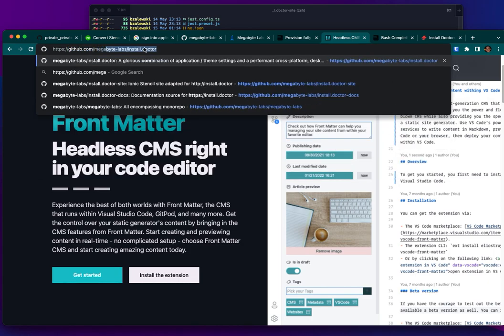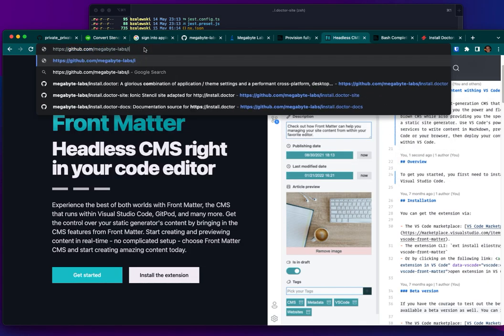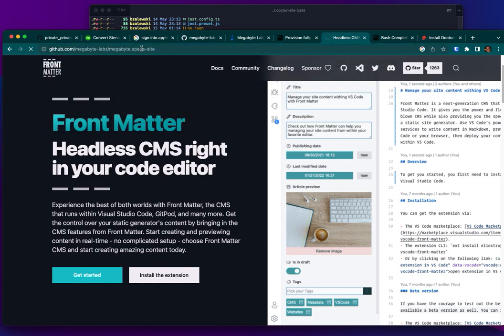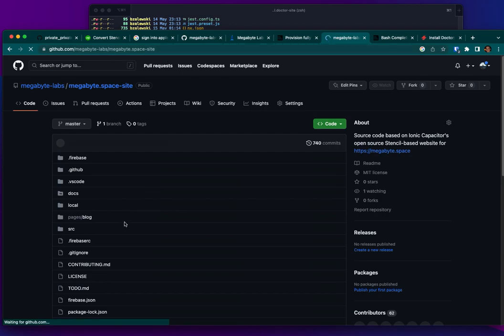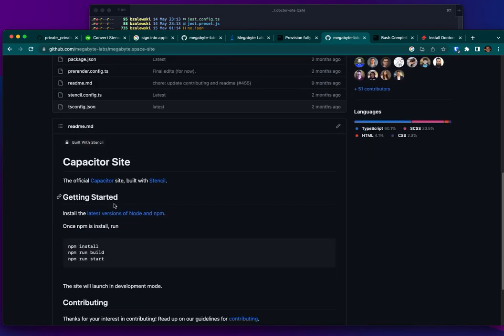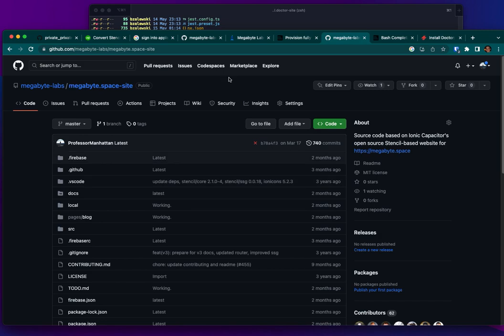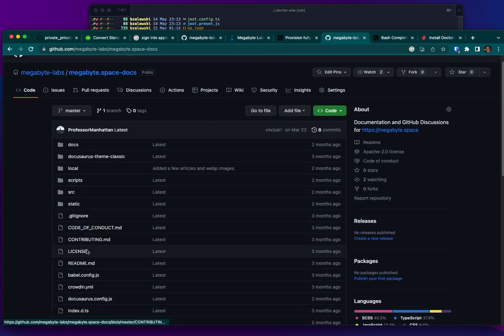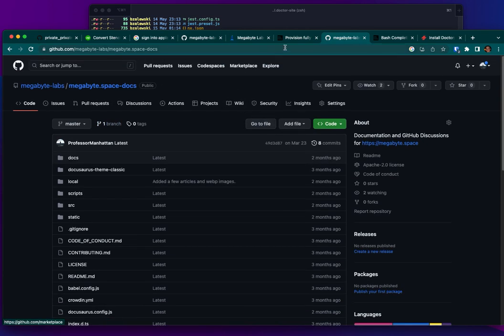We can go to megabyte space dash site, and it's similar to the install doctor site, and it's shared, so they share the same code base, and same for megabyte space dash docs. And I want to integrate these two repos into the NX solution. But